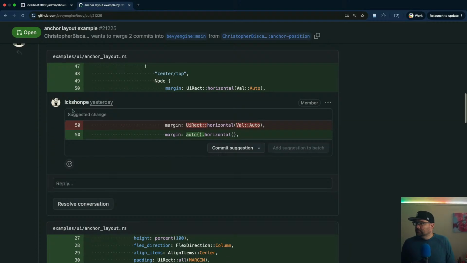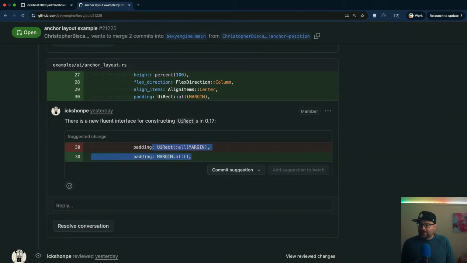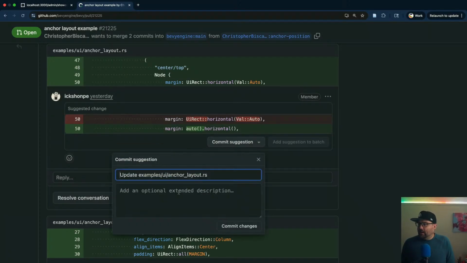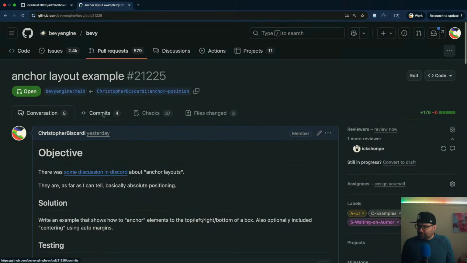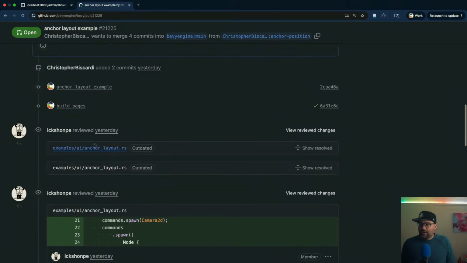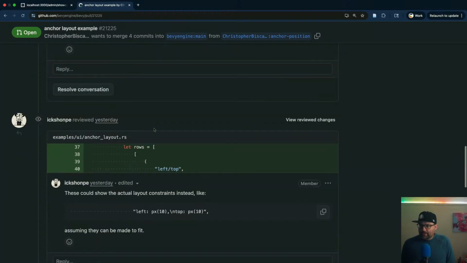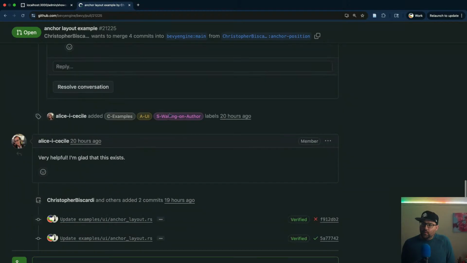There's a little bit of feedback. I missed some of the new nice helpers in 0.17. So I'm going to go through the PR, update some of these, pull the changes. I can do these right on the site. Oh, the diff is outdated. That's an old one. I already committed those on the site, so I'll have to pull. We could make this a grid. I don't know if I'm going to. And then the other thing is to check to see if these labels can actually hold their full label or